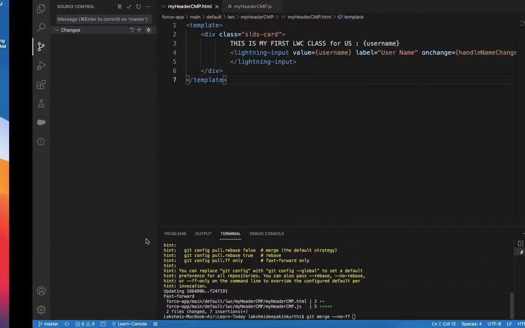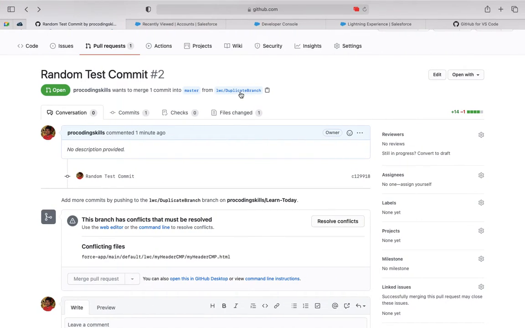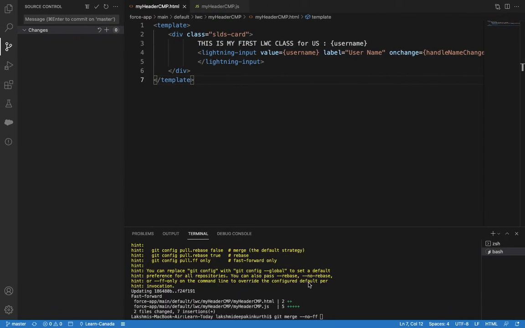What is my branch name? Let's say LWC duplicate branch. Copy.